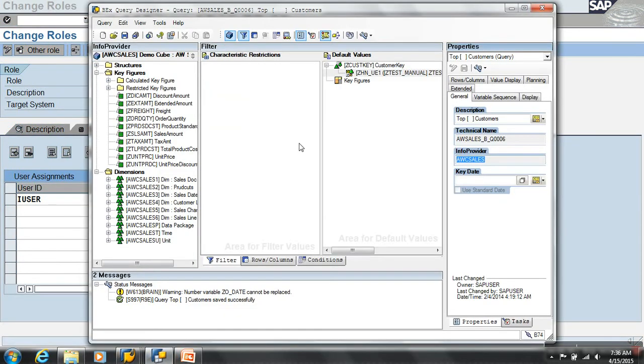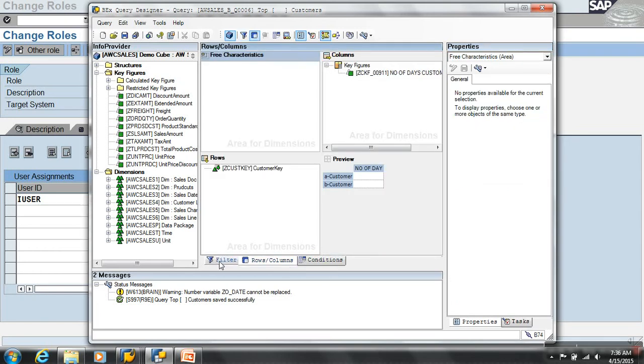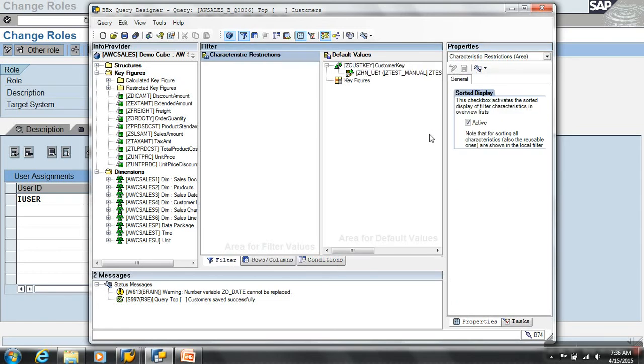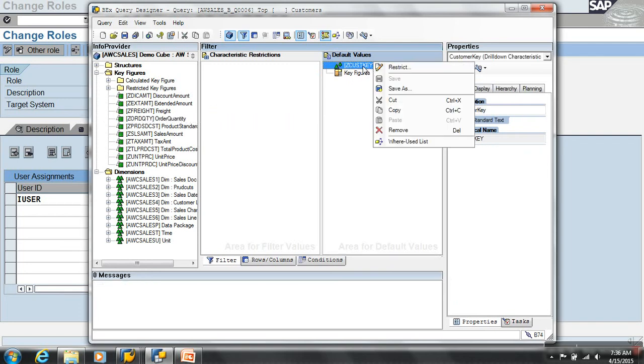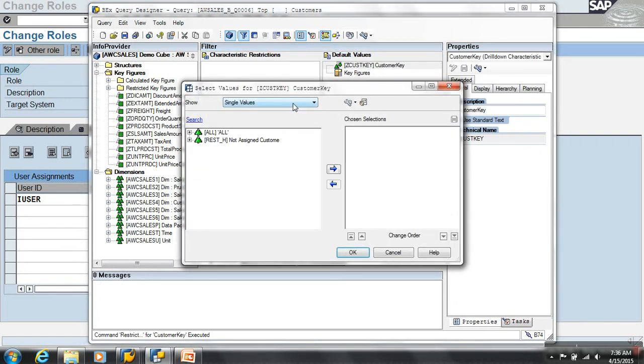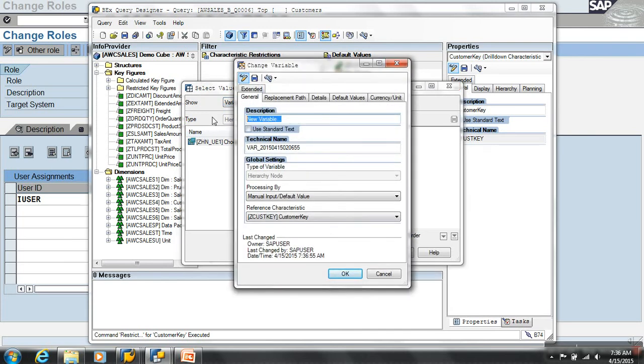And let me go to the BEx here and create the variable with authorization as a processing type. ZHN security something, from authorizations.